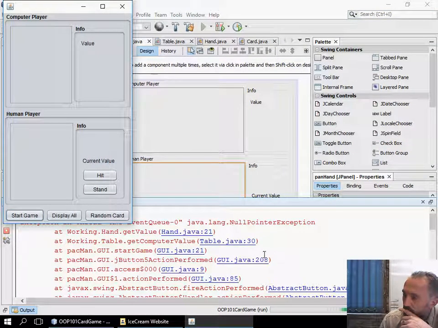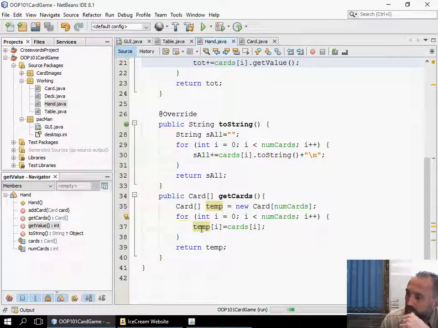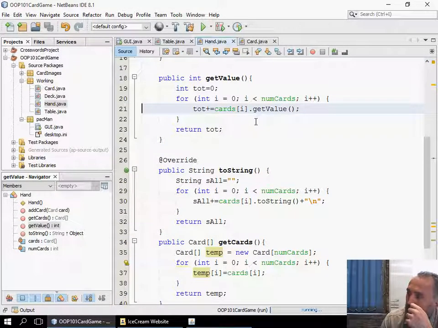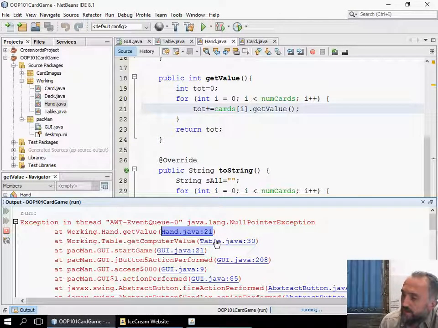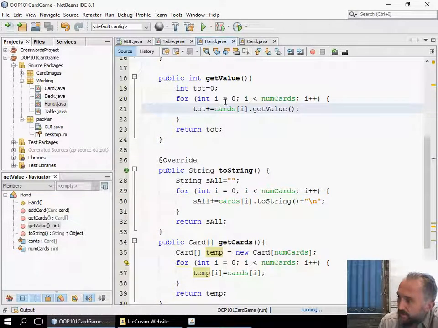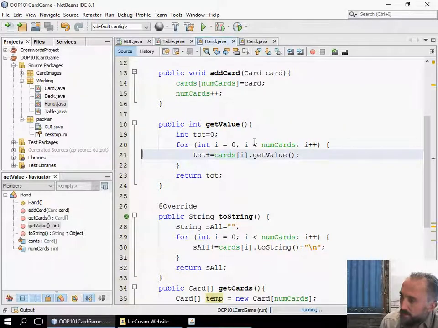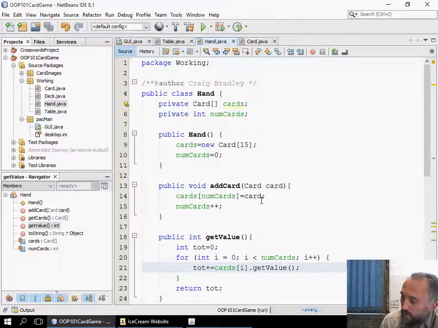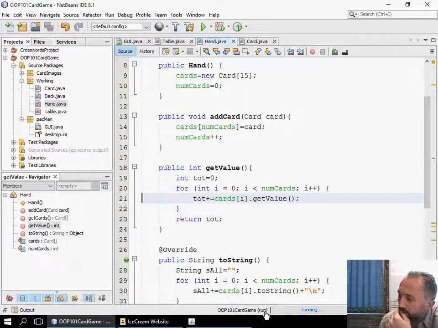Now you see there we've got errors here, so obviously something's not working. The first thing it's saying is null pointer exception, which means that something hasn't been initialized. If I go to my hand, it's here where it's getting getValue, it's not working, meaning that cards at position i was not initialized, so my cards were not coming through. Strange enough, I thought that